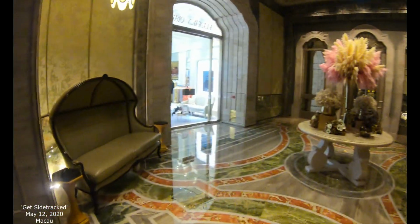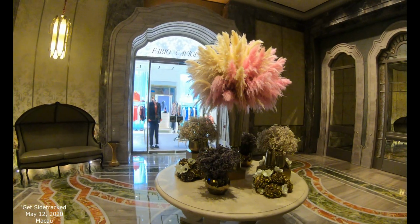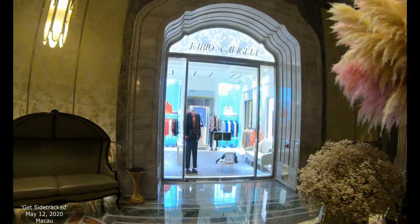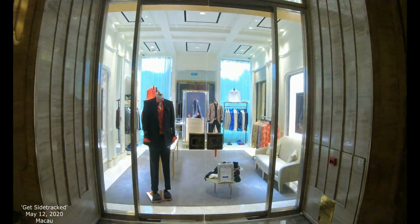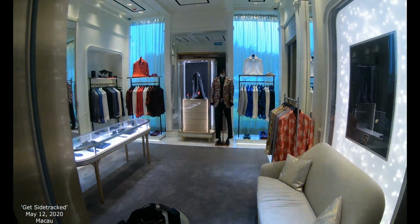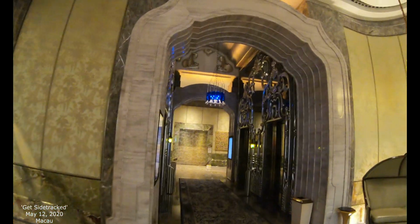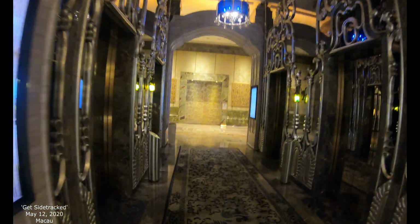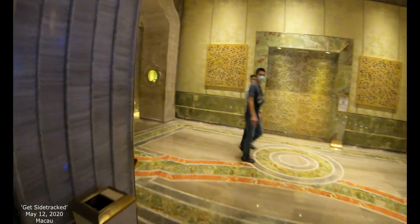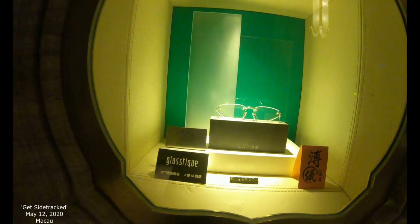This has some meeting rooms. Very expensive clothing as well. Very garish, actually. I haven't filmed this before. Casino attire, eh? Okay, let's just go on right in here. There are some nice chandeliers. The first part of this MGM is this art exhibition area, and some of these chairs that come in. I can film in these areas, but I cannot film